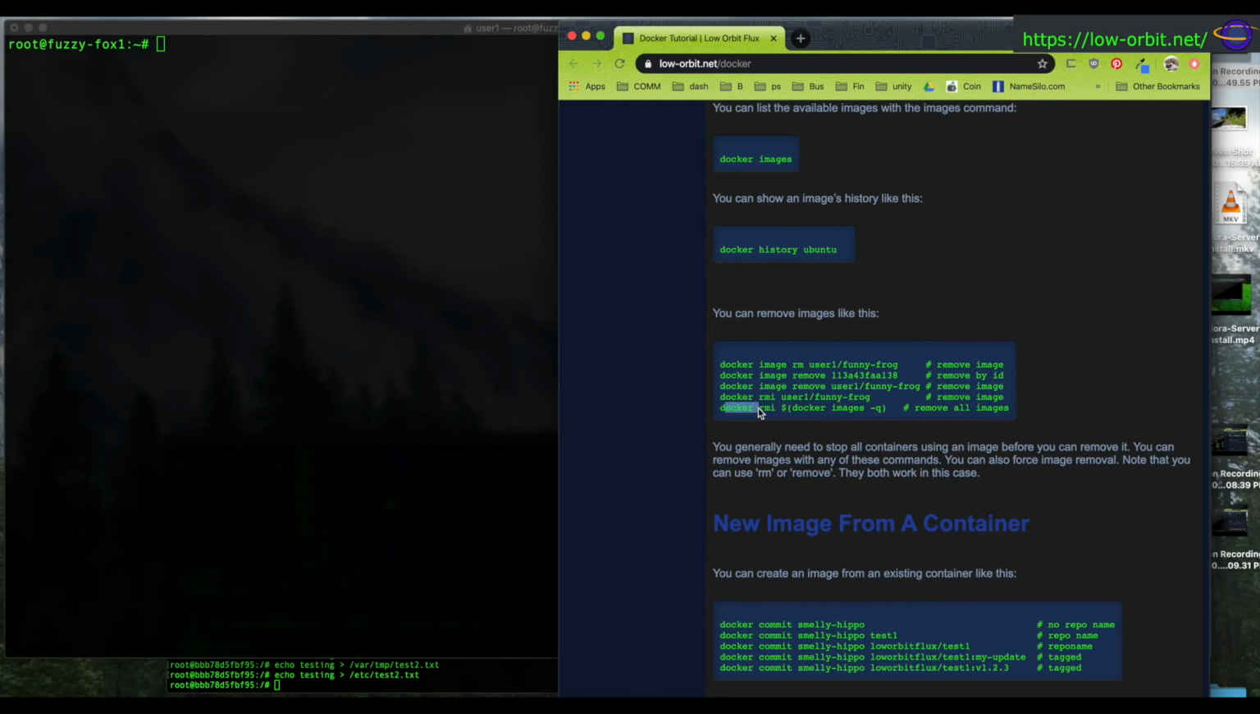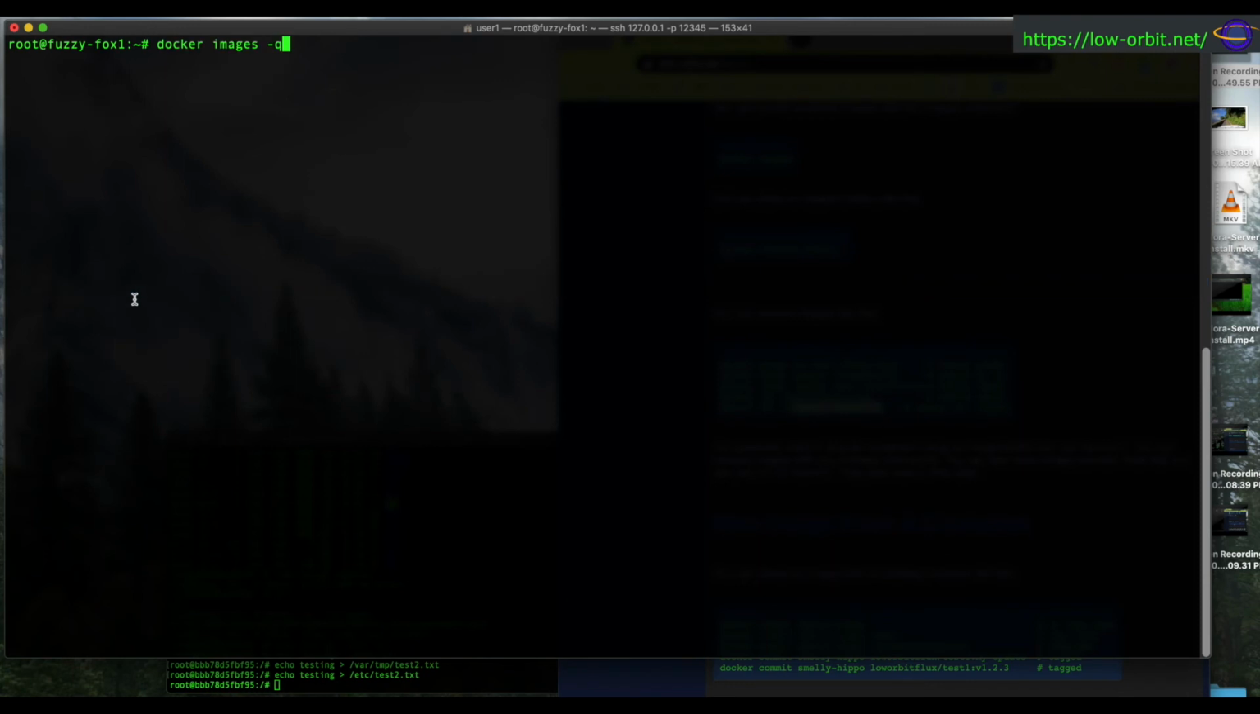What else? So if you want to remove all images, you can basically say docker rmi, and you pass it the results of a subcommand where you run docker images -q, which will just list out all the IDs for your images, and pass those to the docker rmi command, which removes all the images associated with that list of IDs. So I'm not going to actually do this because I don't want to delete all my images and have to download them again. But let's take a look at what docker images -q does,